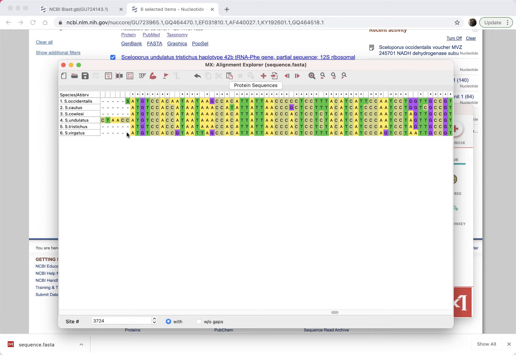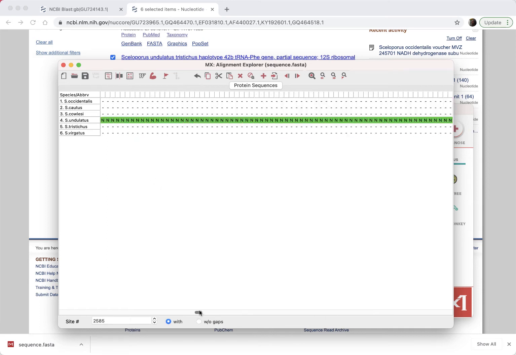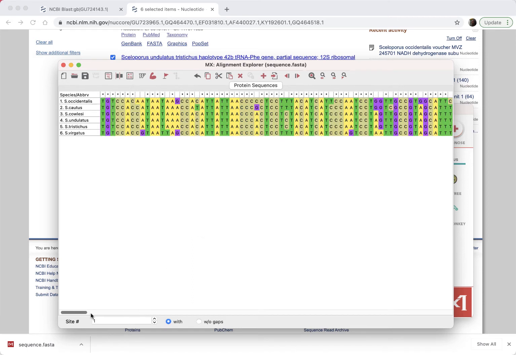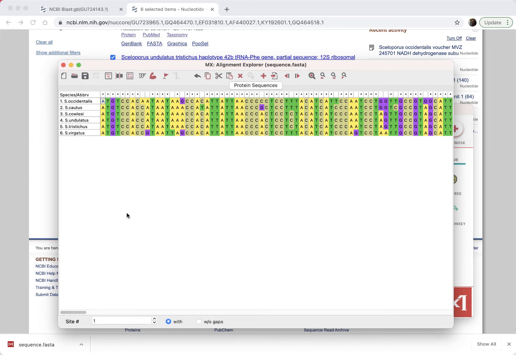And so now what I can do is I can go ahead and cut out the parts of the alignment that don't matter. Okay, we don't care about all the bases to the left of the matching sequences and all the bases to the right. I can go ahead and get rid of them. Right? And so I'm going to select one corner of this. I can scroll all the way to the beginning and use the Shift button. I've selected that entire block, and I can cut out that block of sequence, right? Okay. It's all information that we have for undulatus, but we don't have information for the other species, so we just want to get rid of that. Okay. And so now the sequence begins with all these sequences that match up, all the A's, T's, G's, T's,